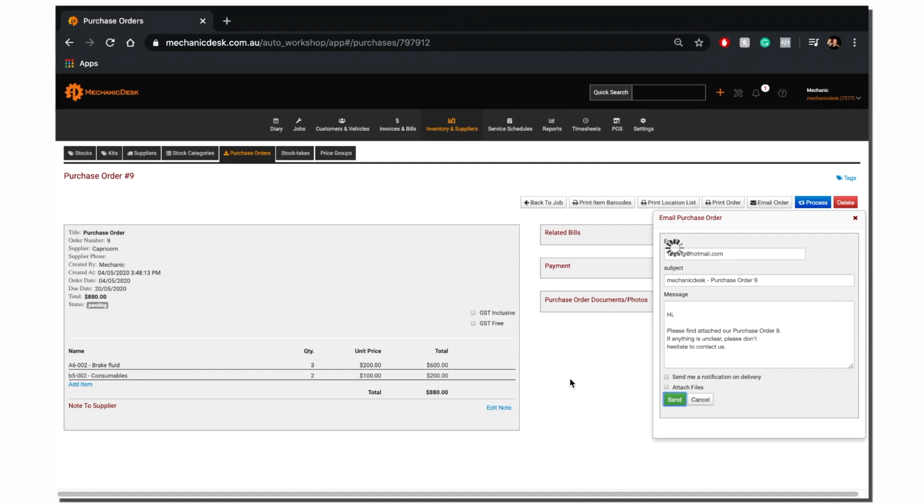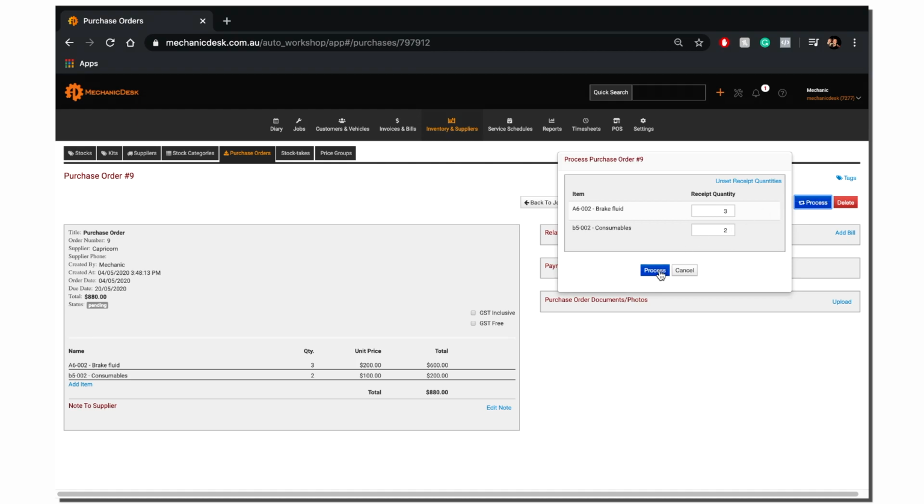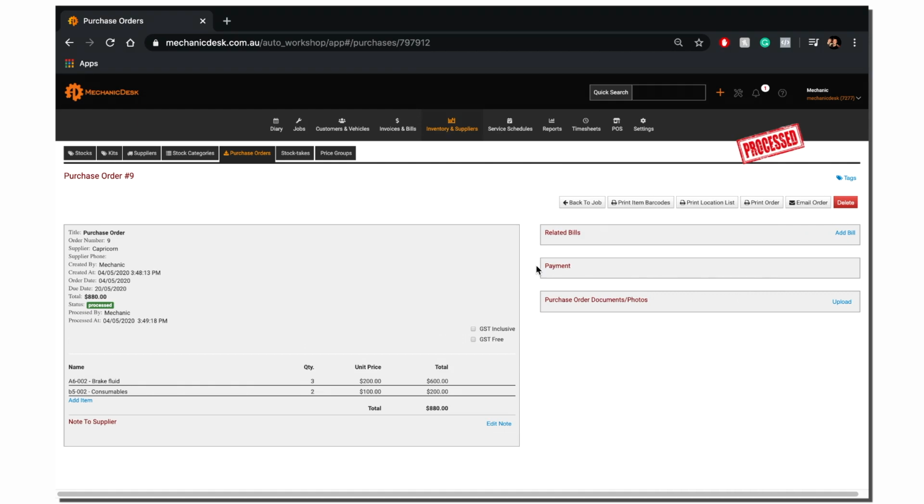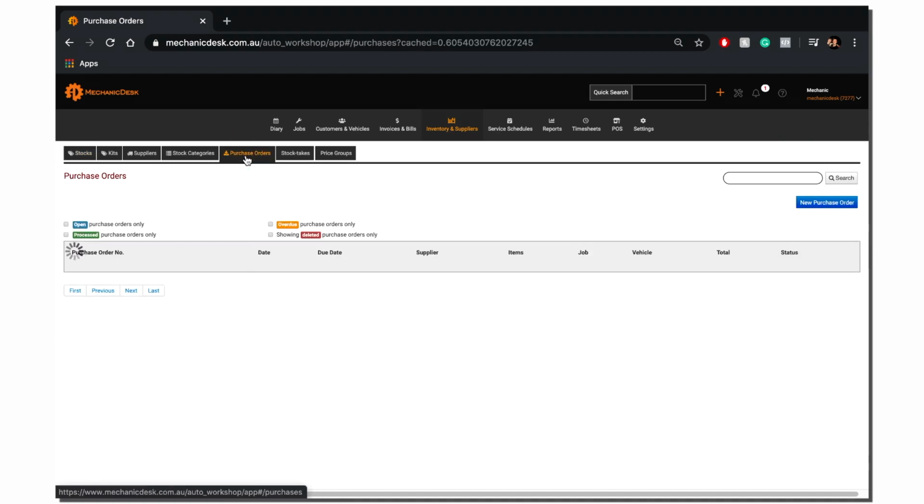Once you have physically received these items from the supplier, select the Process button here to add the new items into stock. We can view the updated stock quantities by navigating to the Stocks tab, and here you see their quantities have increased. To add a bill to your purchase order, click on the Purchase Order tab again and select